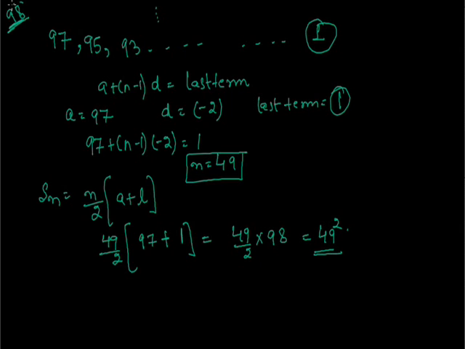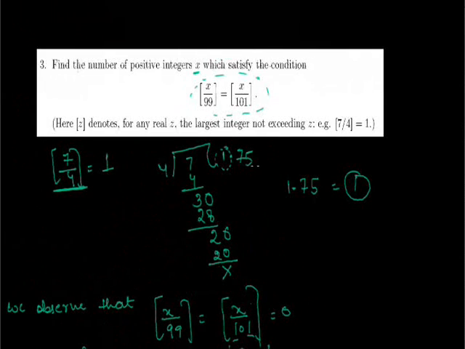Okay, now 98 is also left. So in total the numbers are 98 plus 49 squared. So the answer will be 2499 such x exist for which this condition holds. So this completes our question number